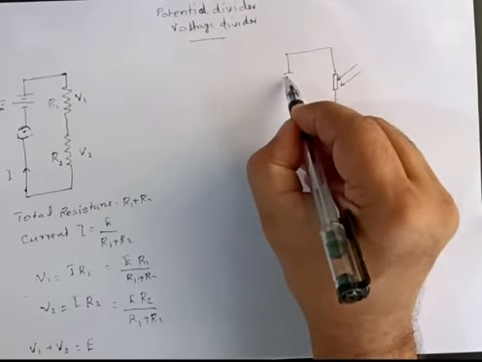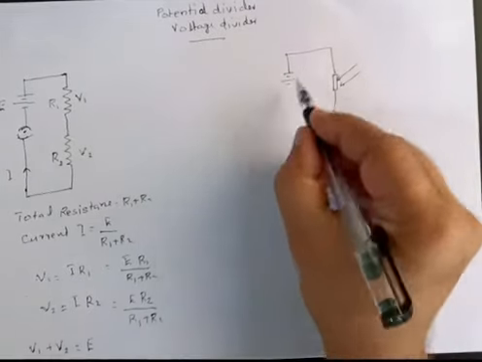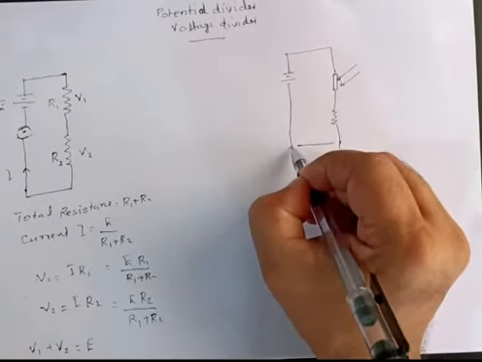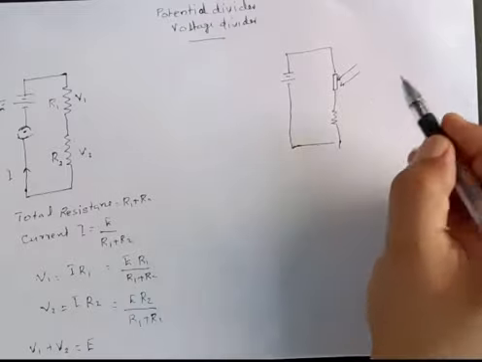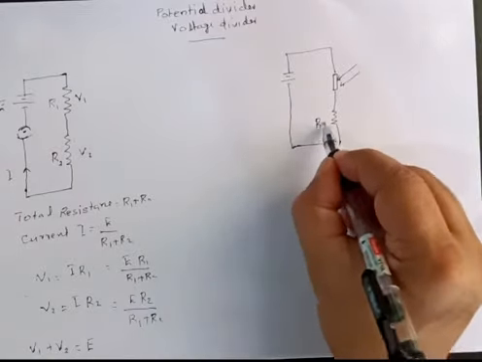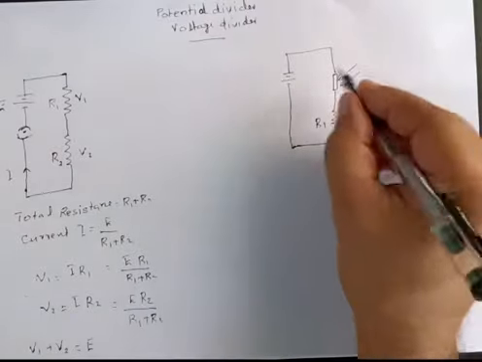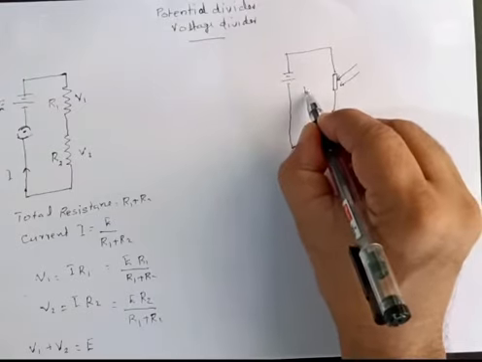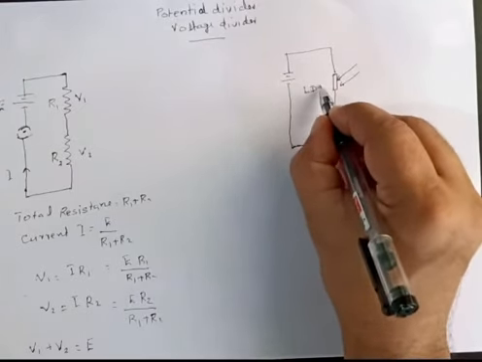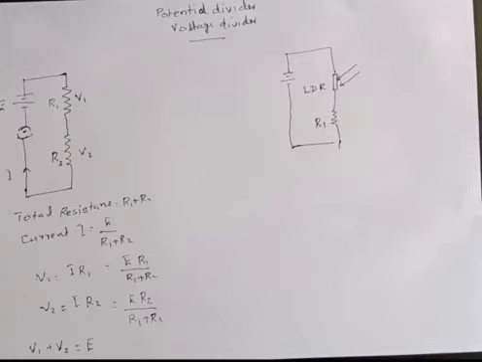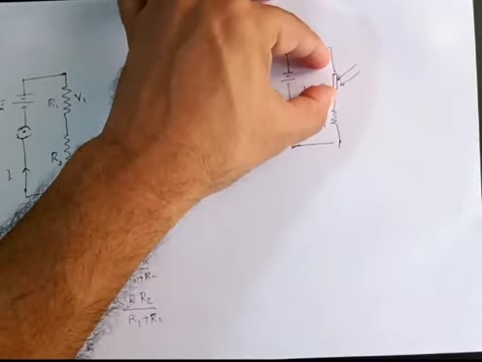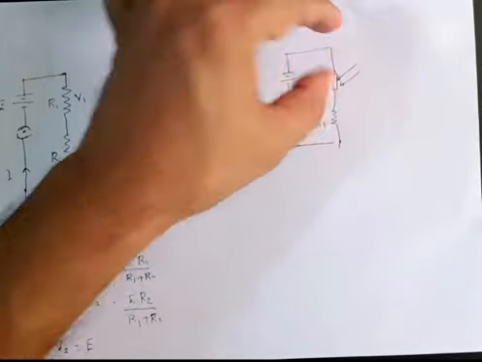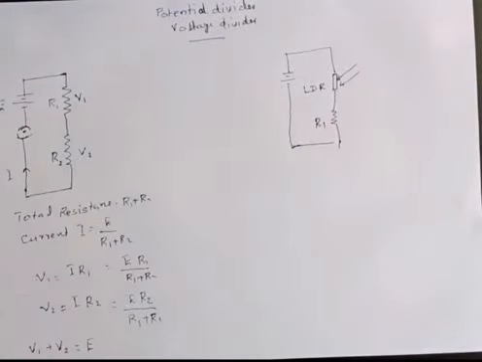Here we have a power supply. Now I will make this circuit simple. I can make it a little bit more practical, but I will make it really simple. Now let's call this resistance R. What is so special about this LDR, light dependent resistor? The resistance of the LDR goes down when light falls on it. So when it gets dark, this resistance becomes larger.